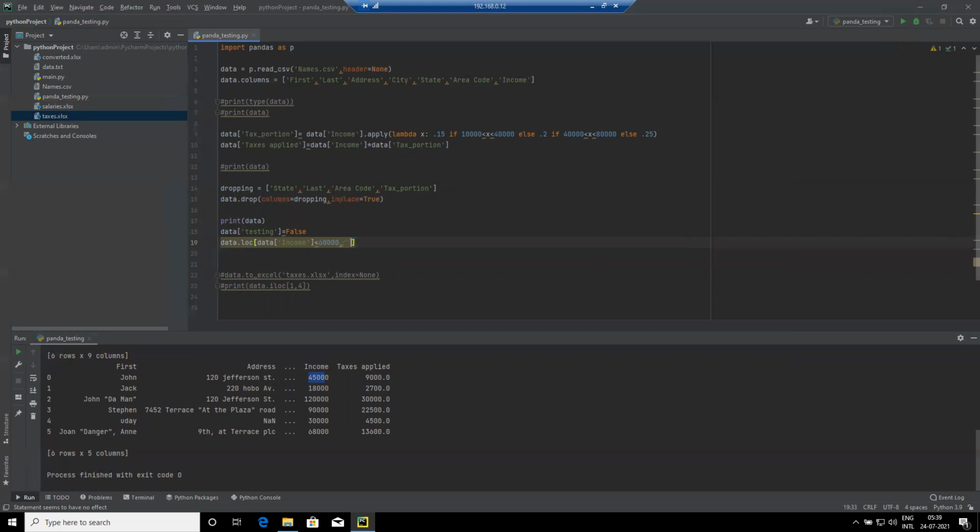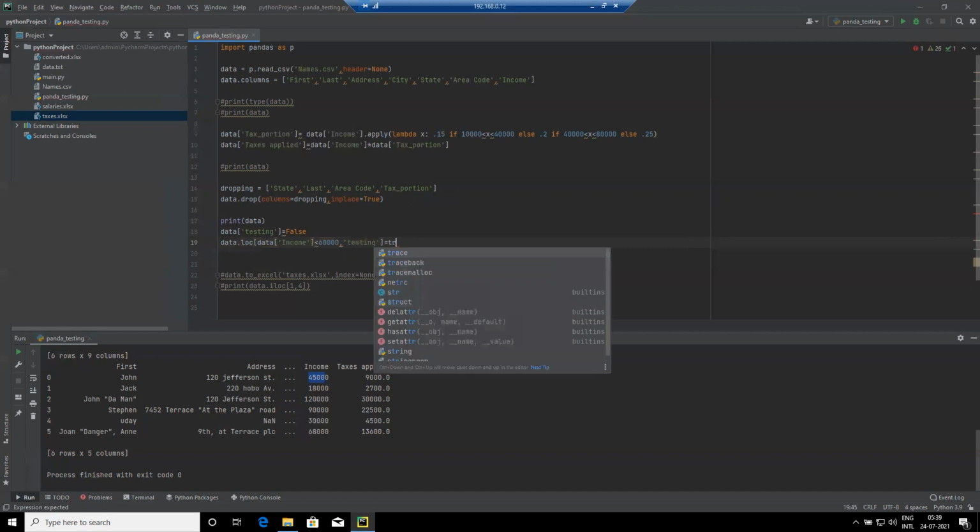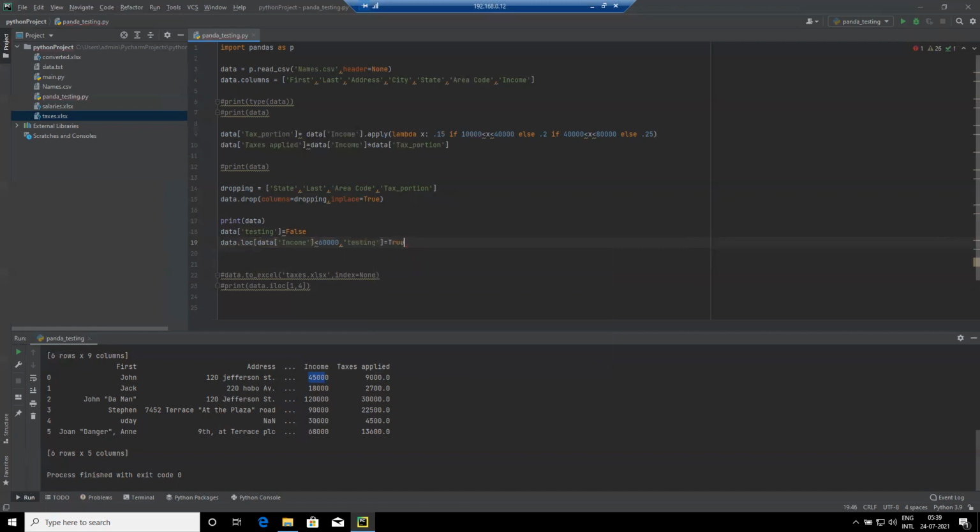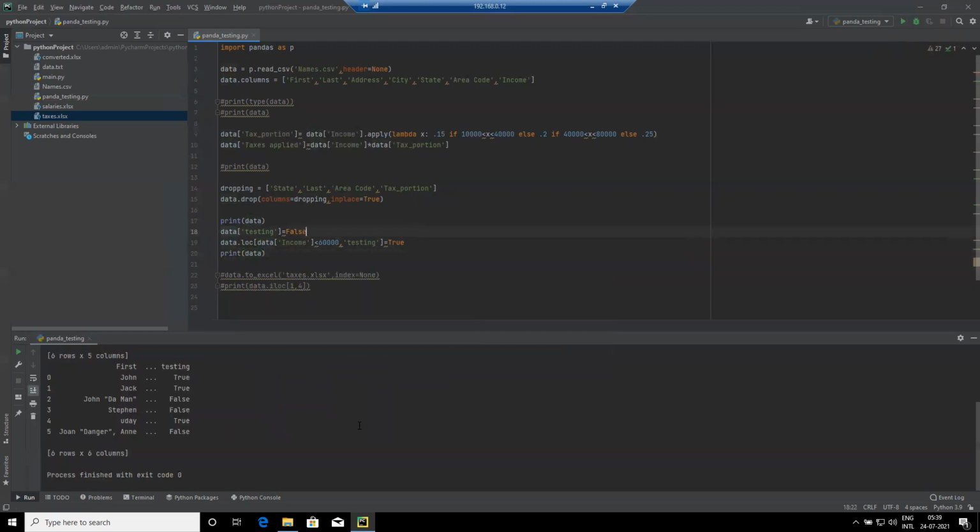Then if the value is, so which value it is testing that, then set that value as true. Okay. Now let me print that data and see. So some are true and some are false, right?